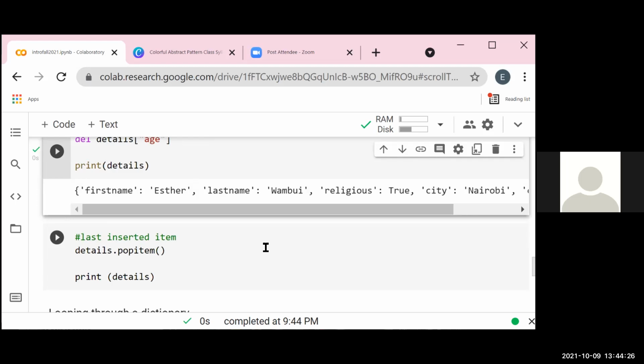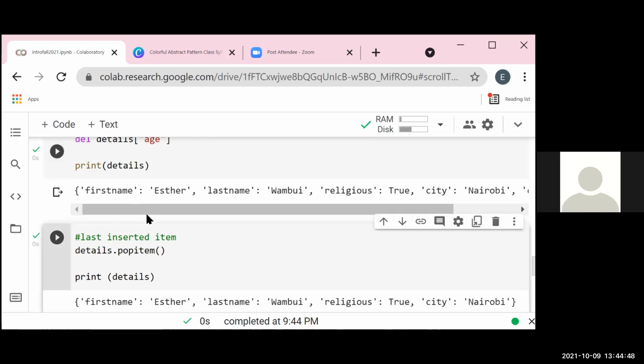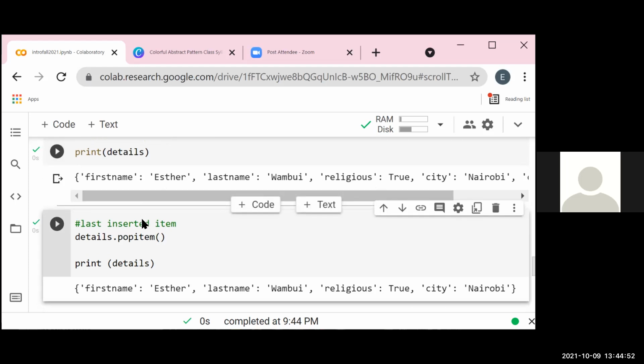An interesting thing is that the last item that has been inserted in the dictionary, you can delete it. The way we did the pop without an index, you can now do the popitem. If we run this, definitely the last thing inserted was color pink. So if I run this, I don't have color pink as a result.